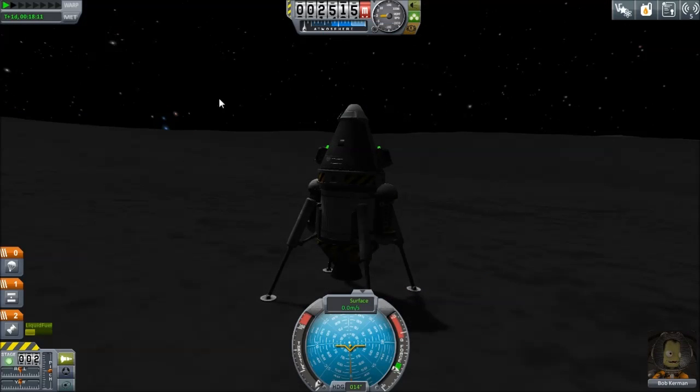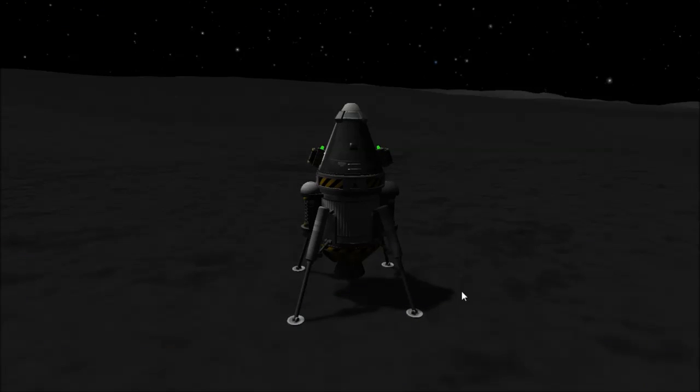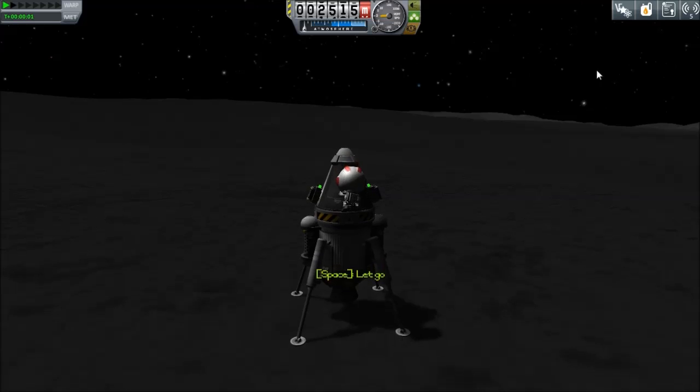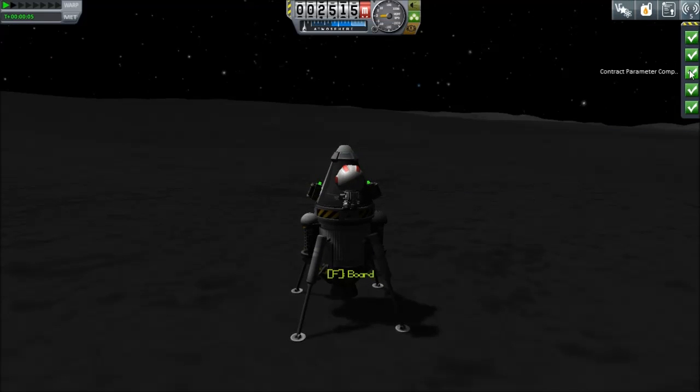I'm Southern Wolverine and I'm here on the surface of the moon with Mr. Bob Kerman in our little baby lander that we landed last time that has about a third of a tank of fuel left. And we're hoping it's going to be enough to get back. But first, the good news is, regardless of whether he comes back right away or not, we have completed